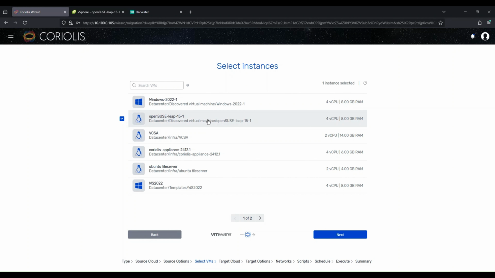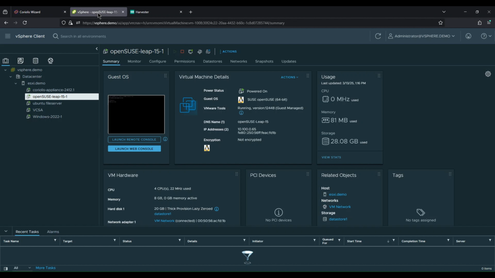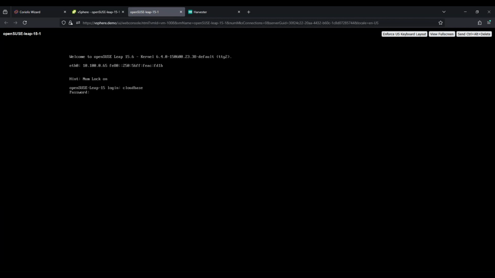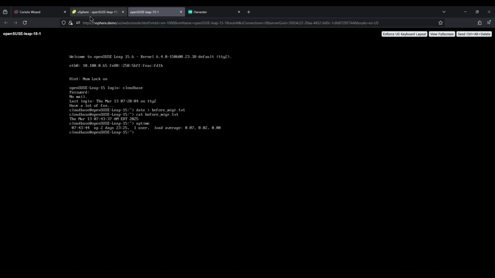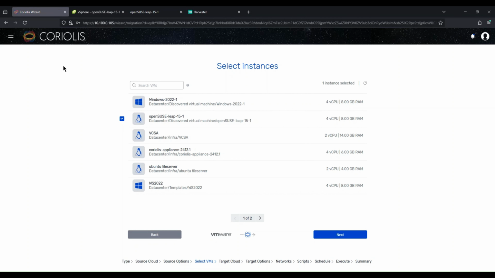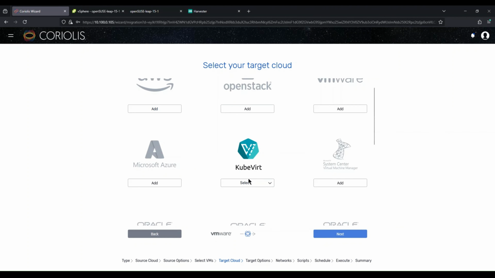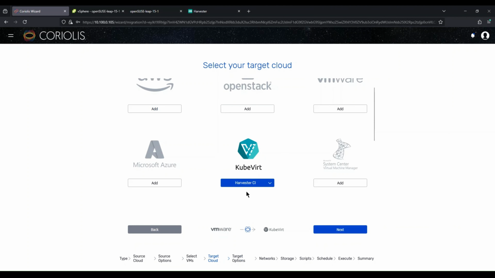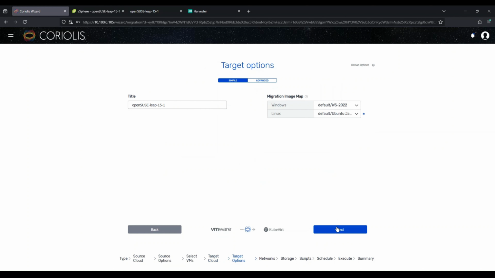To prove the full machine migration, we will create a text file on the machine specifying the current date before the migration process starts. When the source options are complete, we will move to selecting the target platform and its specifics, which will be applied on the VM in question. Here we will select KubeVirt,